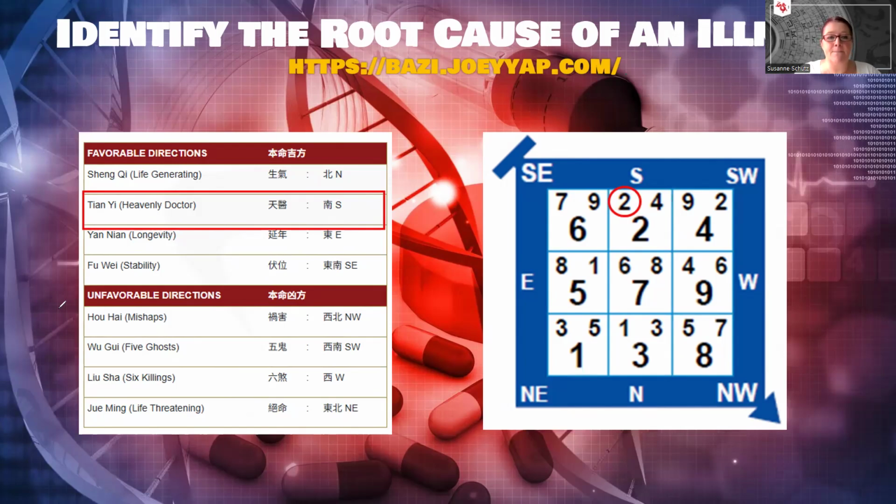If it's the sitting star 4 in your personal Tian-yi sector and there's an external negative feature that affects it, then the root cause could be that maybe you've been misdiagnosed, or the diagnosis was delayed, and therefore this leads to a prolonged illness. So maybe get a second opinion or a third opinion, just to see whether you're actually on the right track with your treatment.